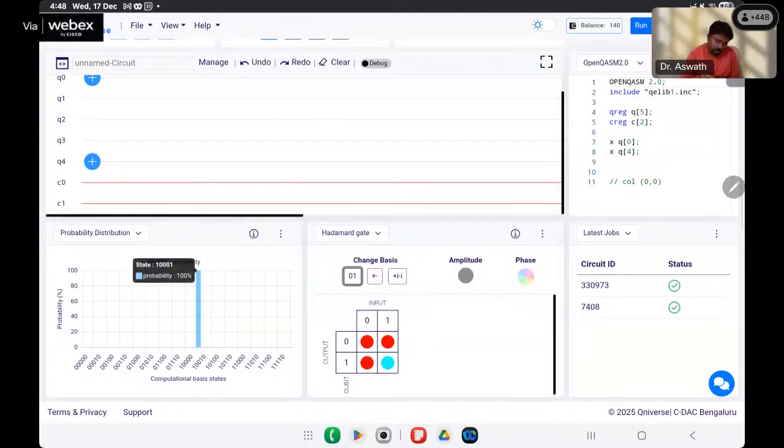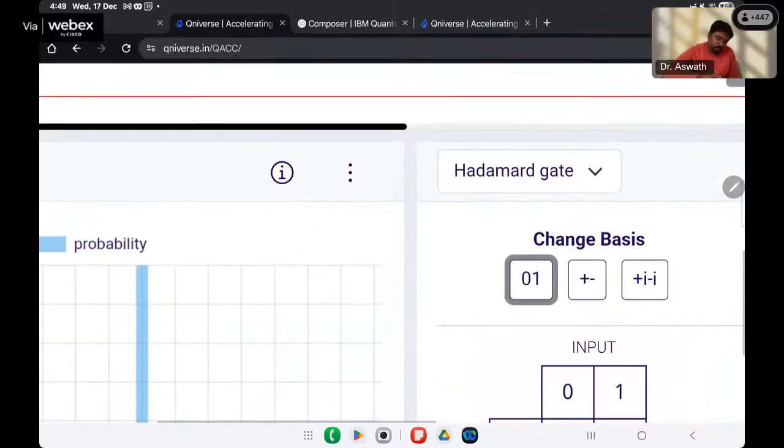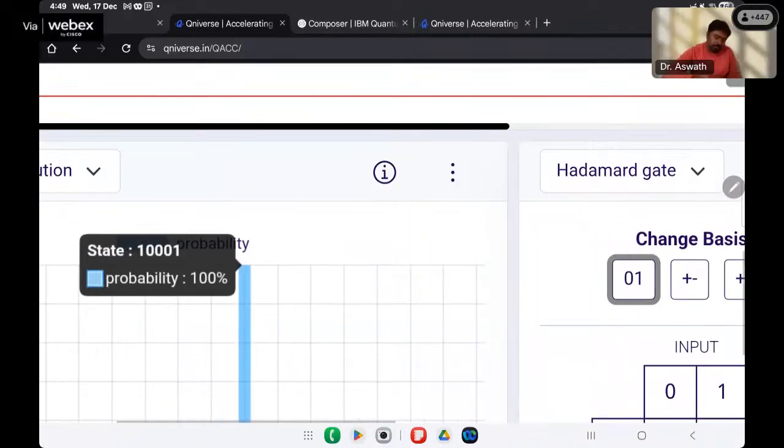If you're confused at the bottom, what you can do is just click on that. You will see 1 1 1. Okay, 1 0 0 0 1, right? That is what we want. So don't get confused by the bottom. The bottom is slightly confusing, so just click on that. You will see the last one